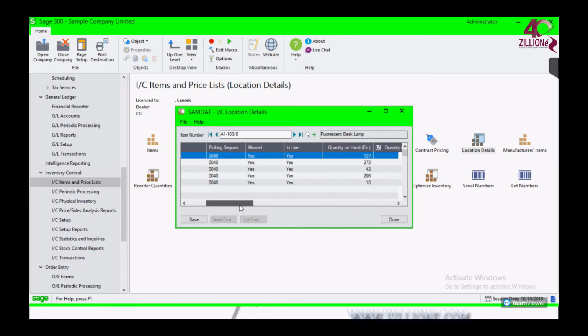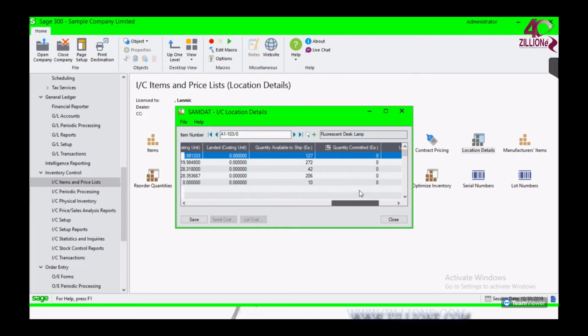You can see the on-hand quantity, how many have been used for a sales order, how many for a purchase order, the costing unit of measure, and the standard cost. The costing method you're using will make this differ. So what is the standard cost, the most recent cost, the average cost, and the last cost,